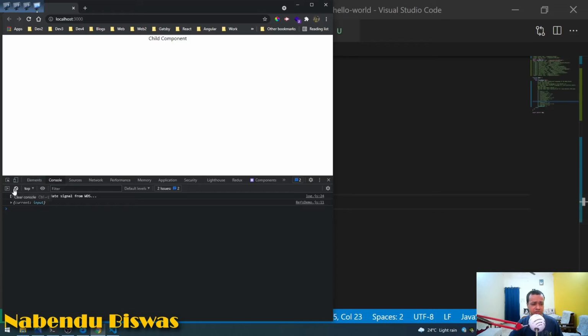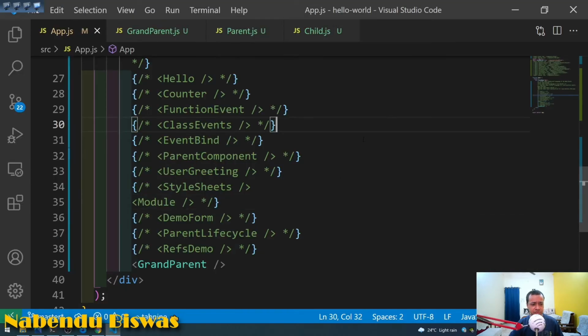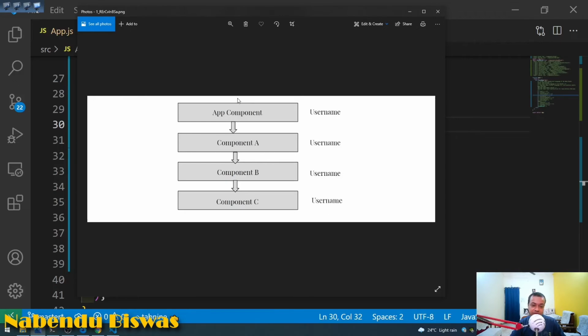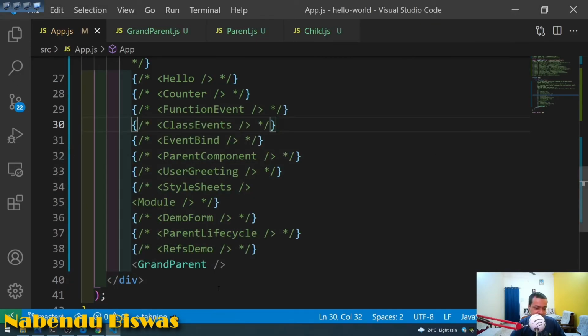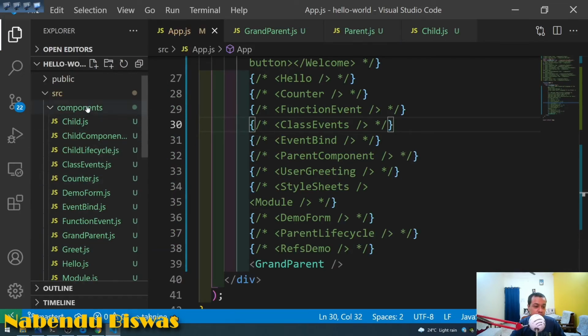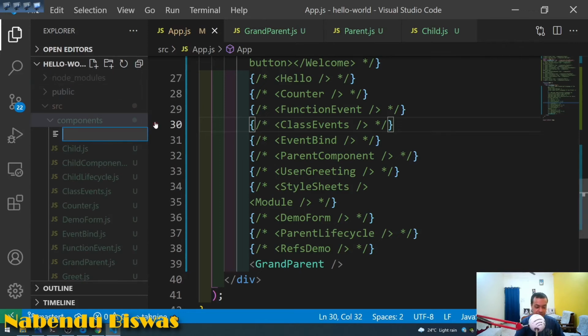So the thing is that, as I have told, we want to pass the data directly from one component to another, bypassing the middle components. We have created something like that, so for that we will use the context. For that context we first have to use a different file in which we will create the context. We will create user